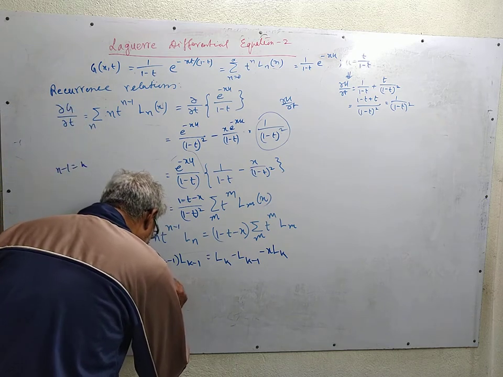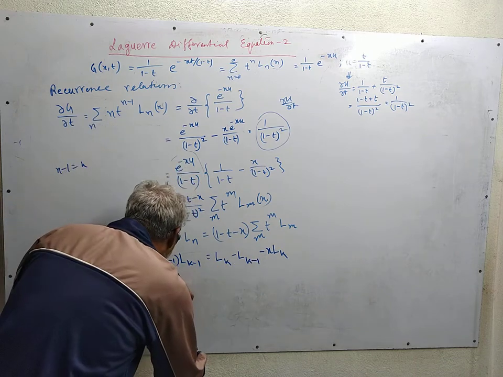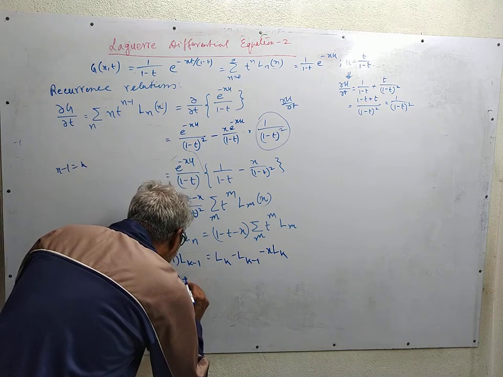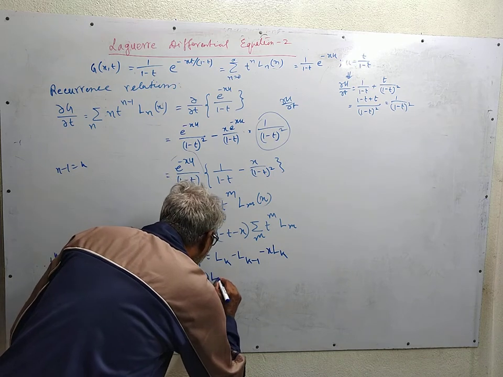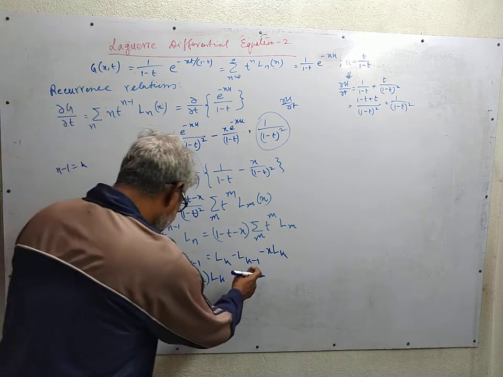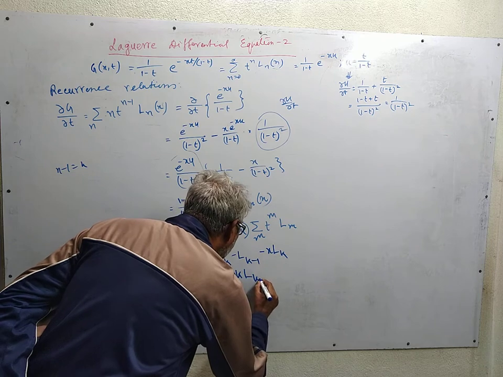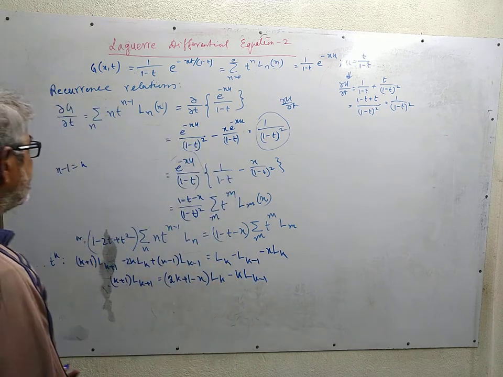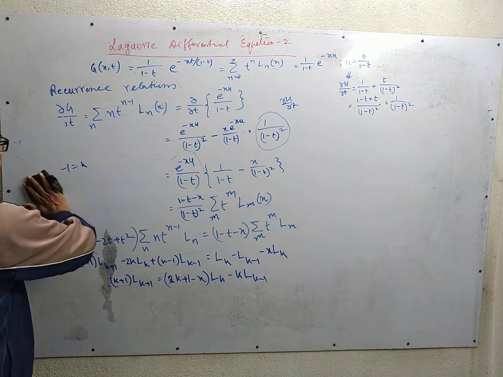So this is (2k plus 1 minus x) multiplied by L of k, and this minus cancels, and this is minus k L of k minus 1. So the first generating function is there,